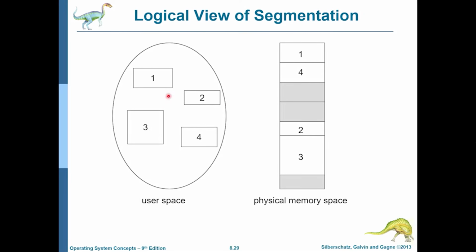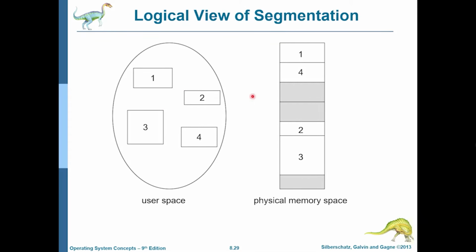So what if we could take the main program and put it into one segment? We could take the square root function and put it into another segment. We could take the heap and put it into another segment, and we could take, let's just say, all the constants in the program and put them into another segment. Now, this is the user space. This is your logical space. In this space, you can have your logical addresses any way you want them to be.